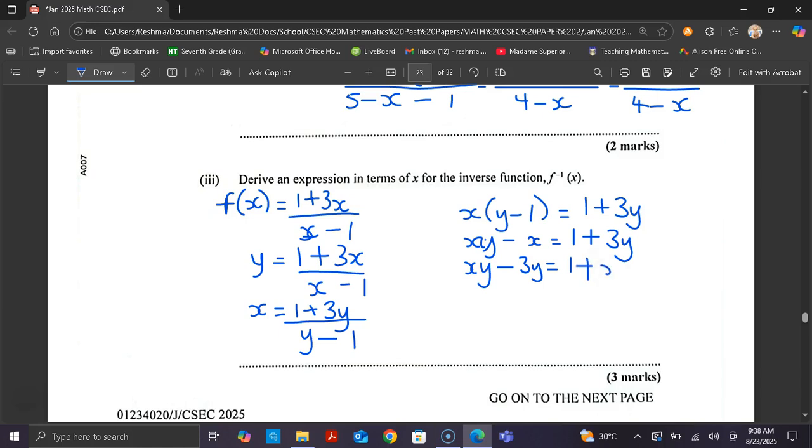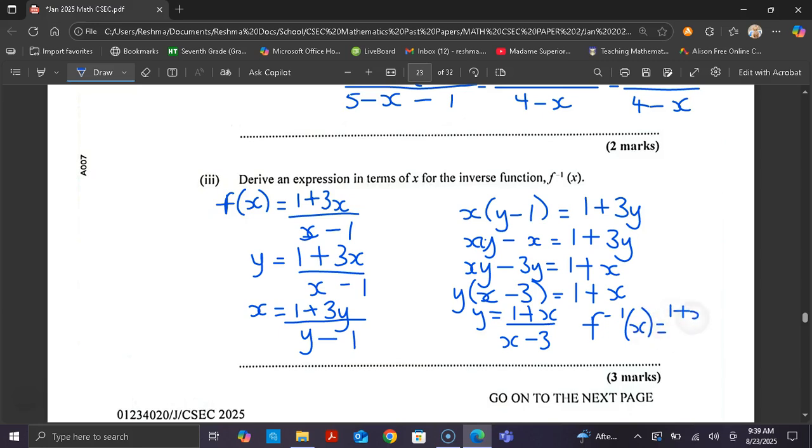Now that we have our terms with y on the left-hand side, I can factorize it out. So I remain with x minus 3 in brackets. And then the last step is just to divide by x minus 3. So my resulting expression is f inverse of x. So therefore, f inverse of x is equal to 1 plus x over x minus